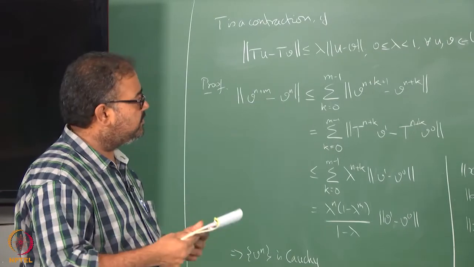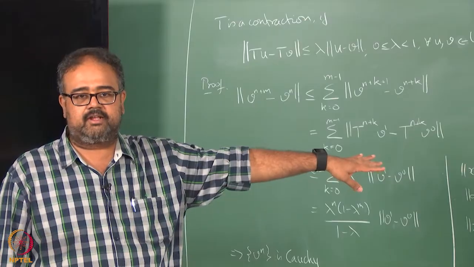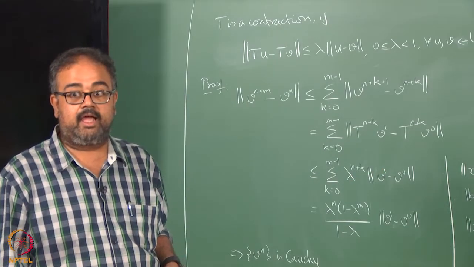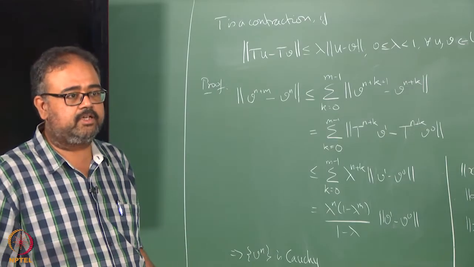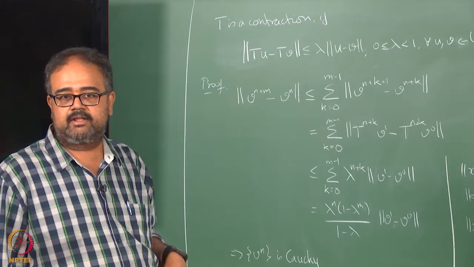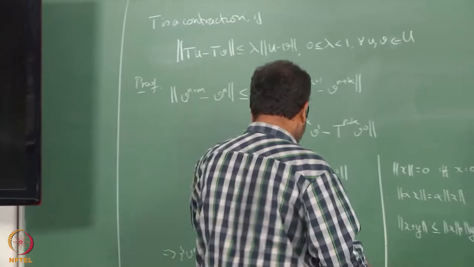Great. So what we have done so far is shown that the Banach fixed point theorem is correct. We need to show that L pi is a contraction. If you show L pi is a contraction, you get everything else for free. So we need to show L pi is a contraction. Let us do that, and I will stop after that.